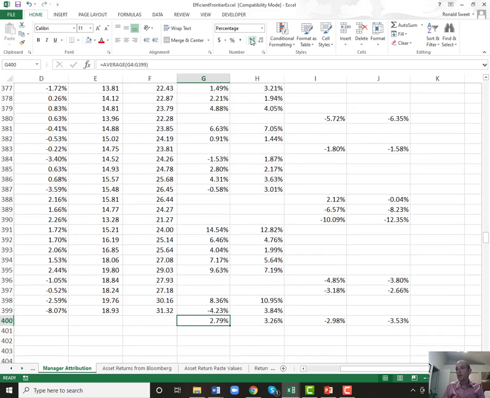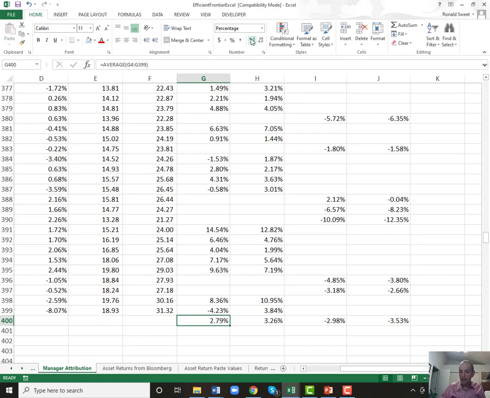I love this metric because it shows you the kind of manager you have. If you have a high beta manager, that they're going for the fences, they'll outperform in up markets and they'll greatly underperform in down markets. If you have a low beta manager who's really worried about risk, they'll underperform in up markets, but they'll do really, really much better in down markets. So it's a great, great type of analysis to have.